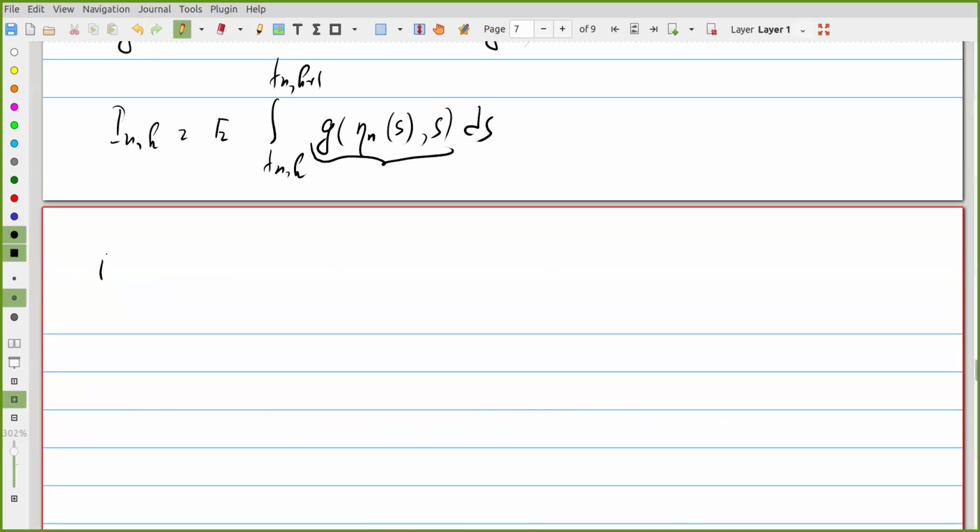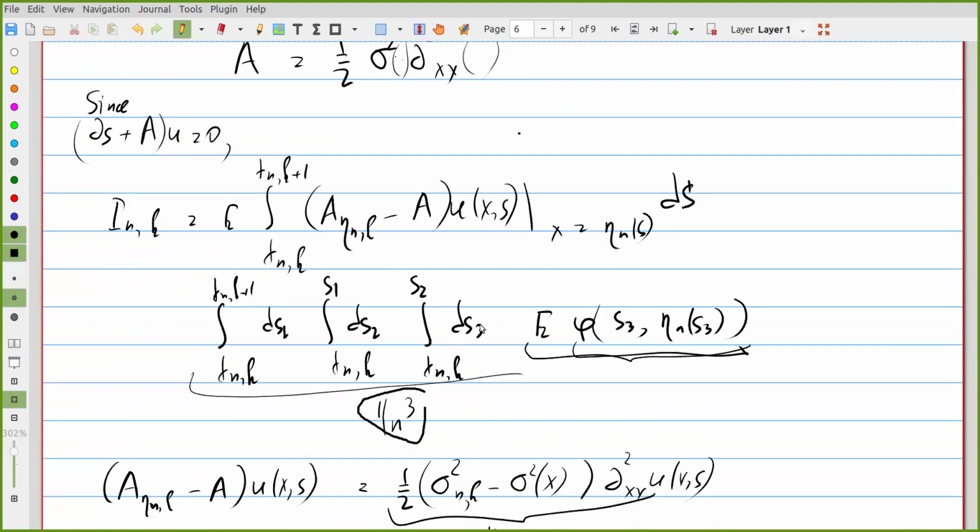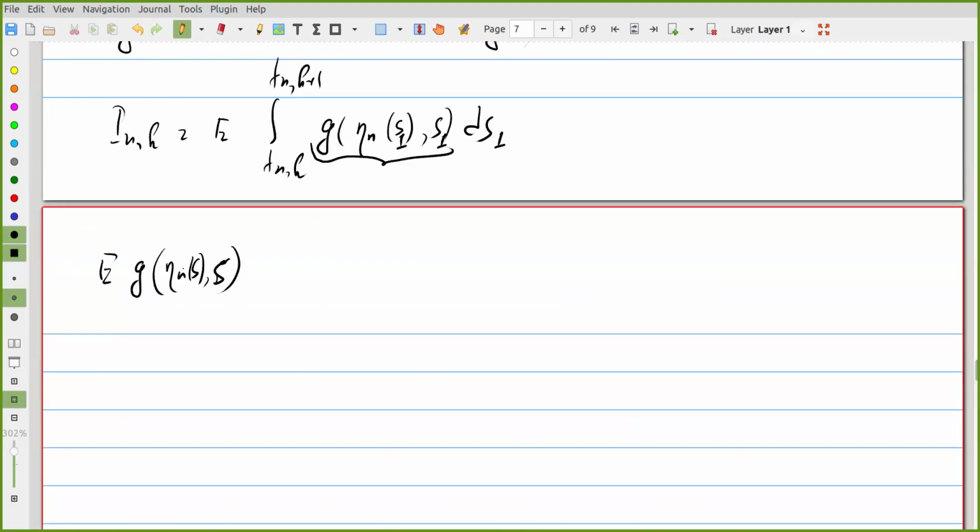The mathematical expectation of g(η_n(s1)), I will write this s1 to prepare us for these iterated integrals, is the mathematical expectation, say g(x, s), when x is on the left hand side of our interval and s is equal to t_nk,